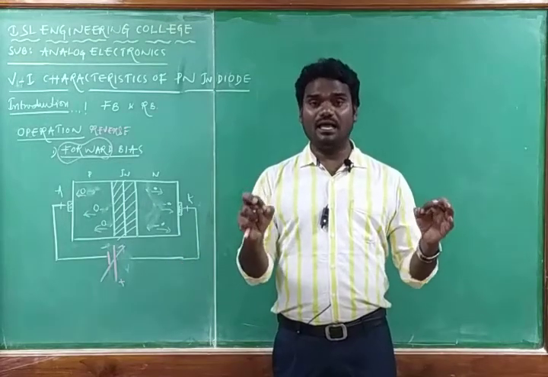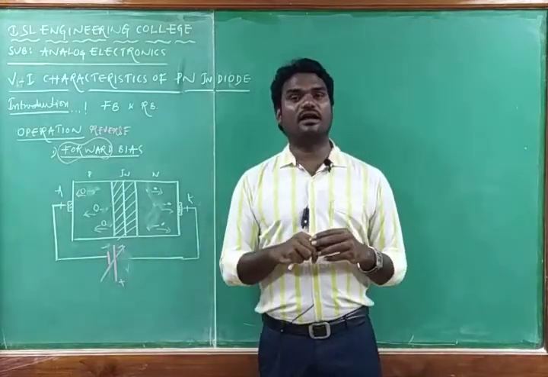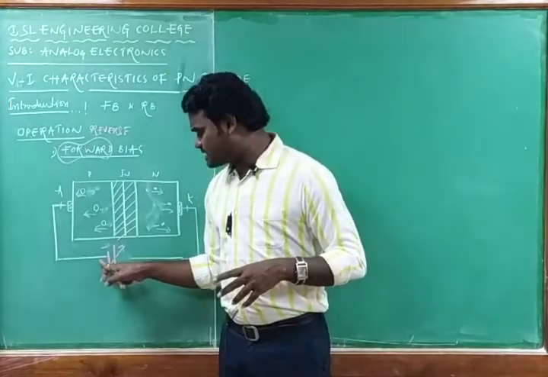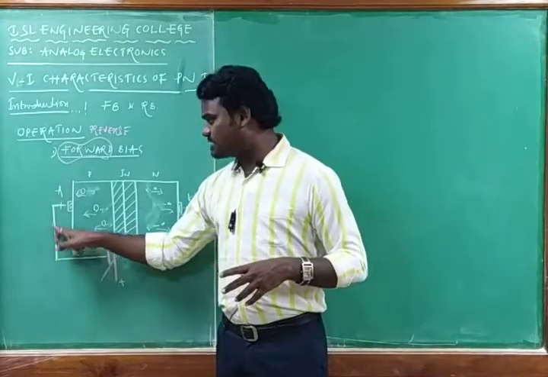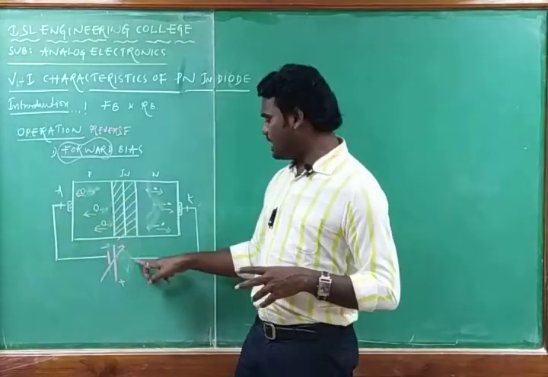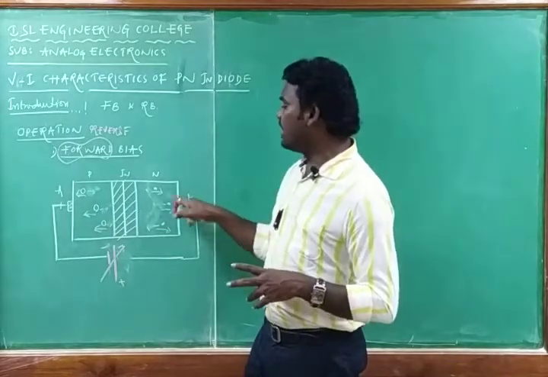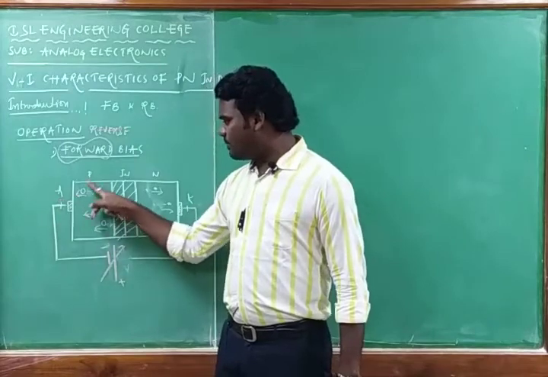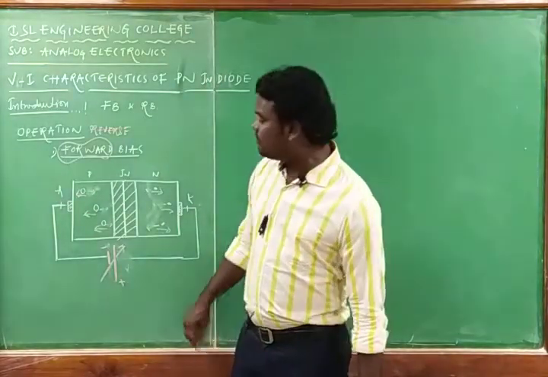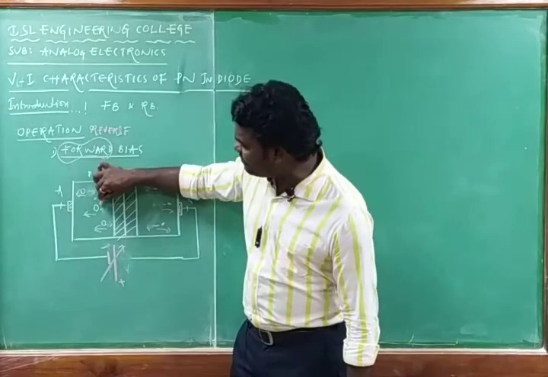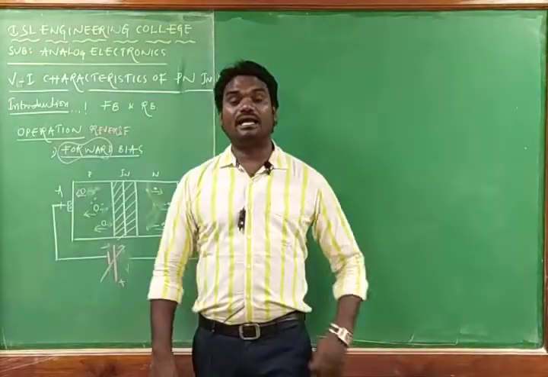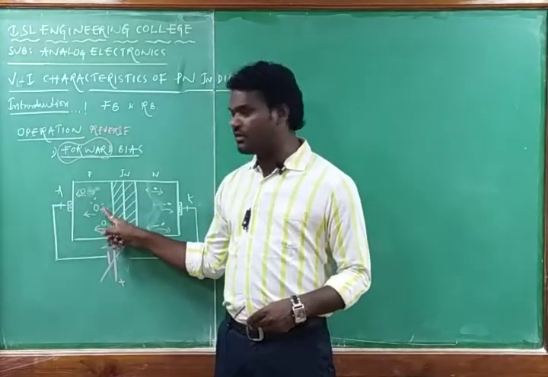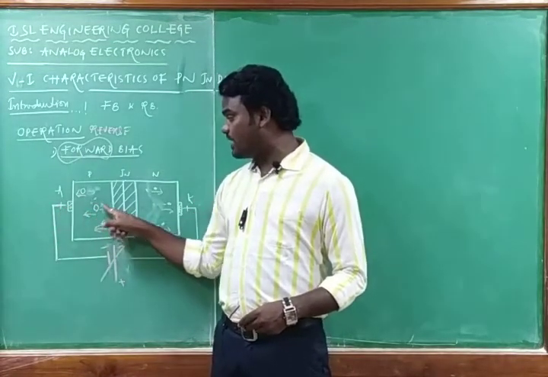But practically, it conducts a very small amount of current in reverse bias also, because the negative terminal is connected to the p-type semiconductor and the positive terminal is connected to the n-type semiconductor. Now, the p-type semiconductor is connected to the negative terminal, and it has very few electrons, which are nothing but minority charge carriers. Now it is negative and the electron charge is also negative, so the negative charges repel,